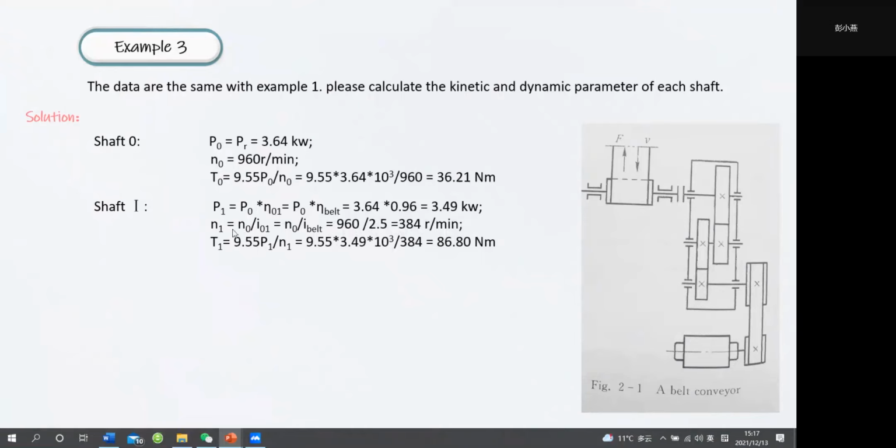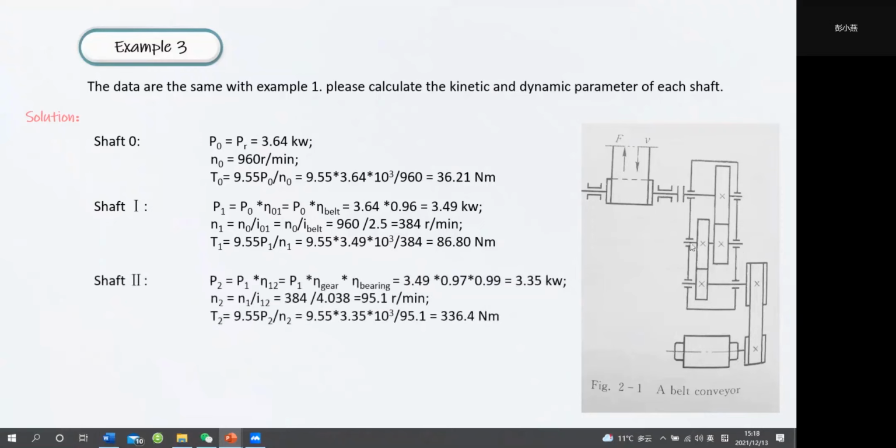Okay, we know P1 and N1. We use these to calculate the input torque for shaft one. And for shaft two, this shaft, how to calculate the input torque for this shaft? We should consider the efficiency of gears and the bearing. P1 is the input